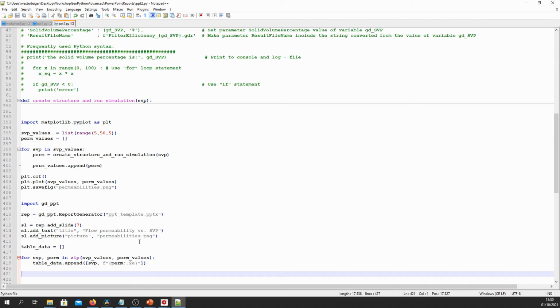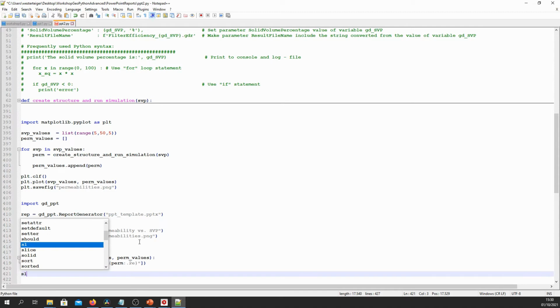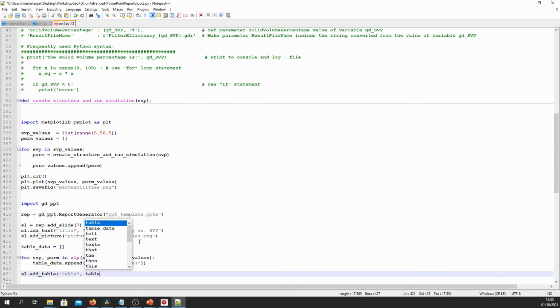So next, we're going to replace the table placeholder, which is the last placeholder on that slide, using sl.addTable. The placeholder is called table. We replace it by the table data. And we can also specify here a horizontal header. So horizontal_header equals